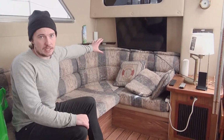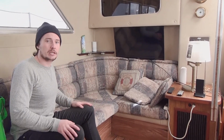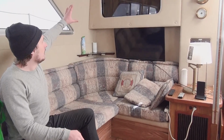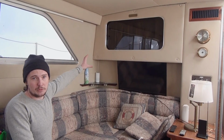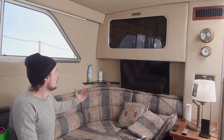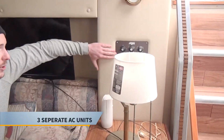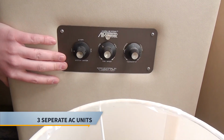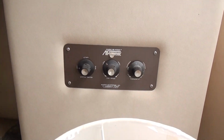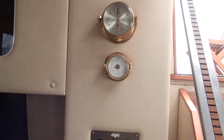Flat screen TV, viewable from everywhere in the galley, including for the cook. For the whiskey connoisseur, you can keep your Glenfiddich stash in the whiskey box. You could even consider throwing some LED lights in there, maybe backlight it. Towards the companionway, you got thermostat controls, air conditioner controls, keeping everybody comfortable. And above that, you've got your brass instruments, brass barometer, brass clock,